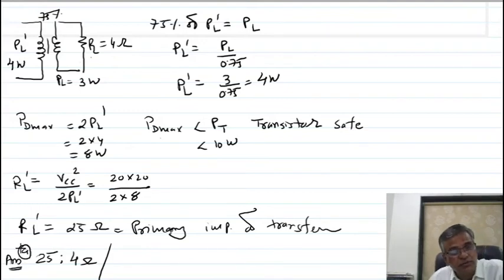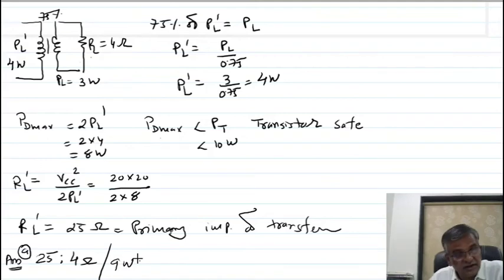Now let us be more specific. You have to also mention the power rating. Power rating should be more than PD max. Already you discussed, so I can write it should be more than PD max. So I can write 9 watt. I don't mind for this. So it should be greater than what? 8 watt in short, 8.2 or so.